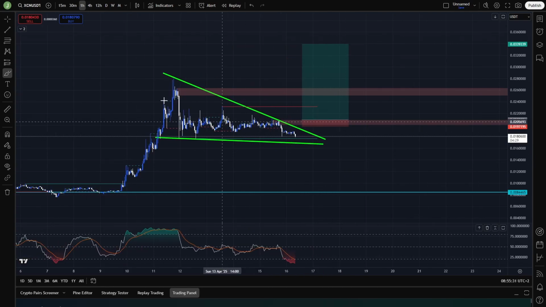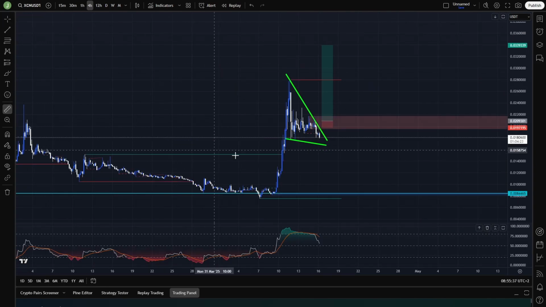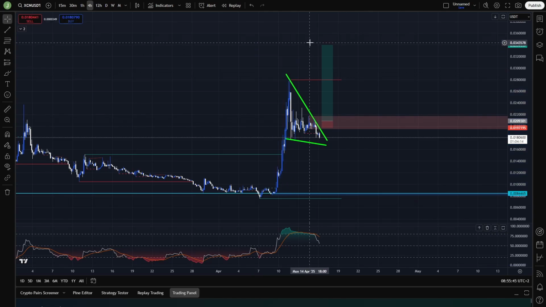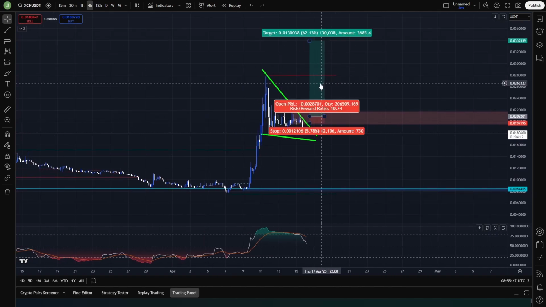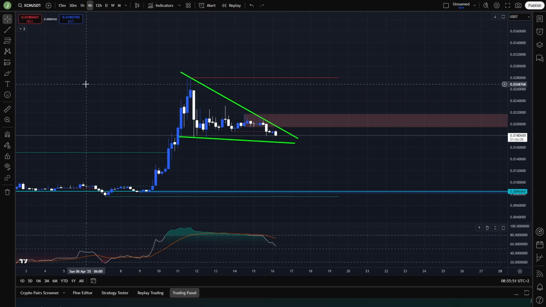Then this can be a short opportunity, but on this coin opening a short position is not the best idea, because you can see that for example here we had a pump around like 234% in just 2 days and 8 hours, which is kinda crazy. So opening a short position is not making that much sense. If you want to trade here something on a bigger time frame, then you can watch this bearish order